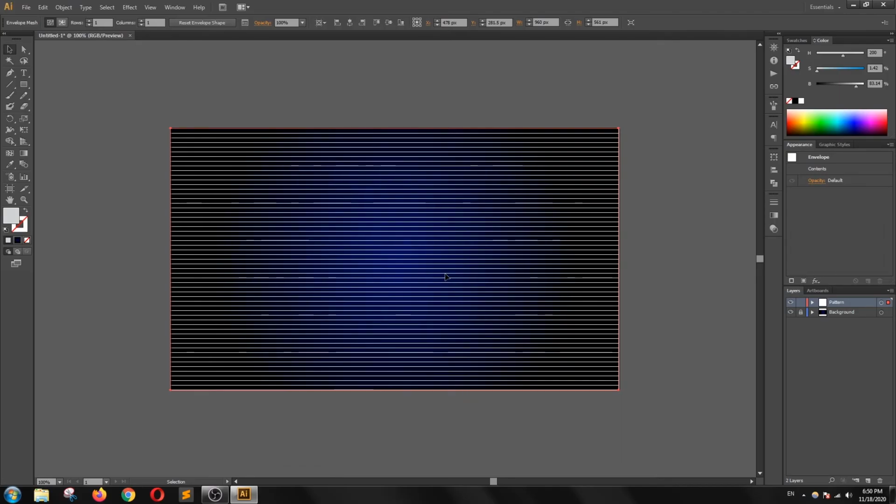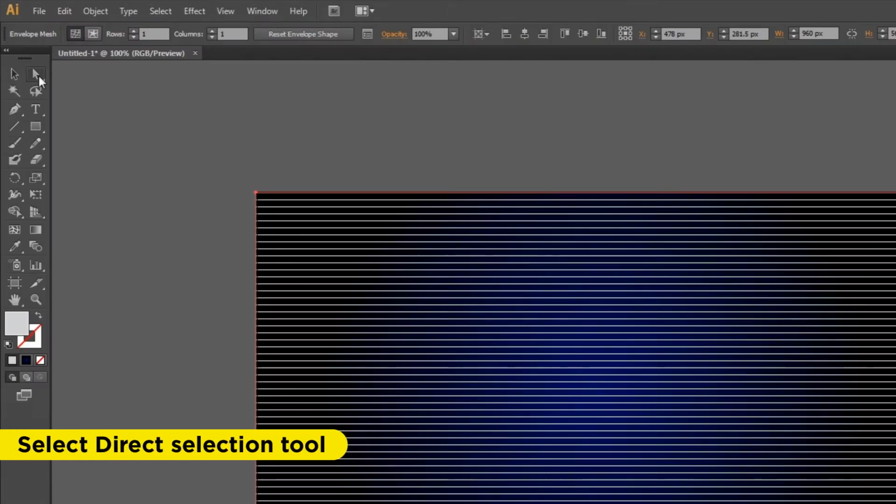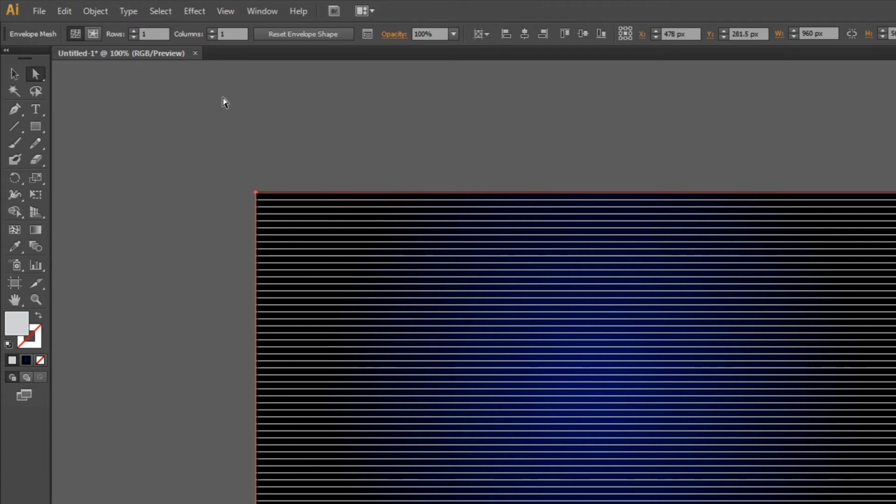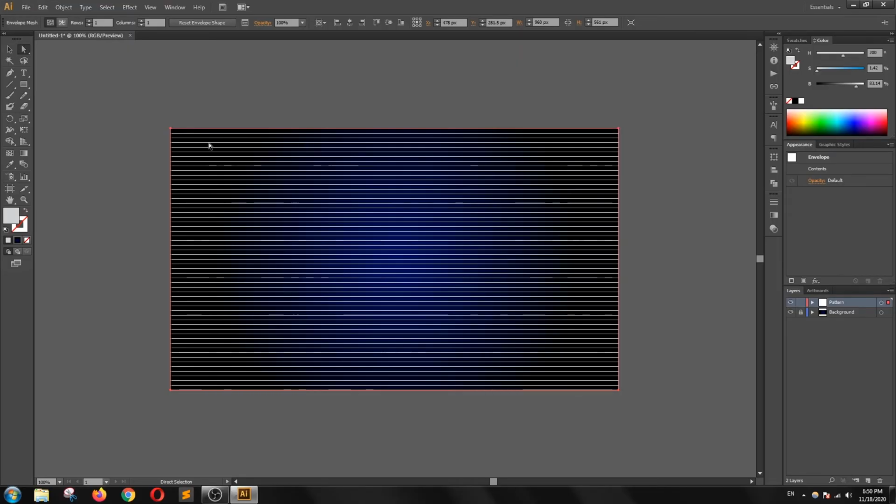Now I will select the direct selection tool from the tools bar to make some changes to my shape. I will click on this anchor point, and the anchor point is selected with all the handles related to it visible. I'm going to click on this bottom handle and drag it all the way to the upside,